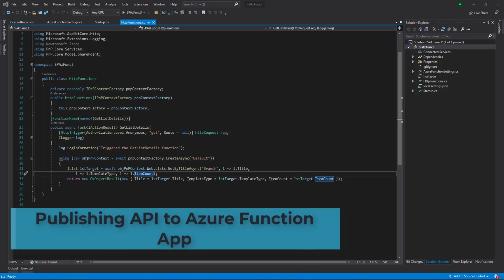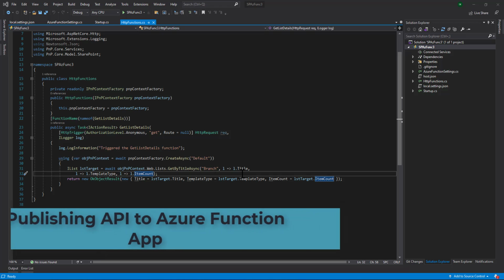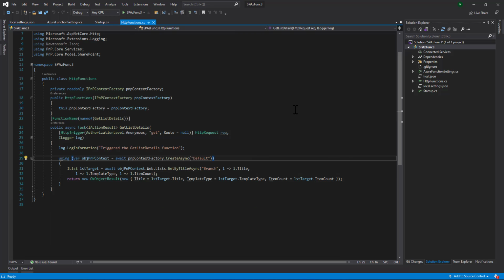Now we will see how to publish the API to Azure Functions. So this is the code. I will show you how you can publish the API using Visual Studio, and you can also use the Azure Functions CLI, but for starters it is very easy to use Visual Studio and you can directly publish it to Azure.